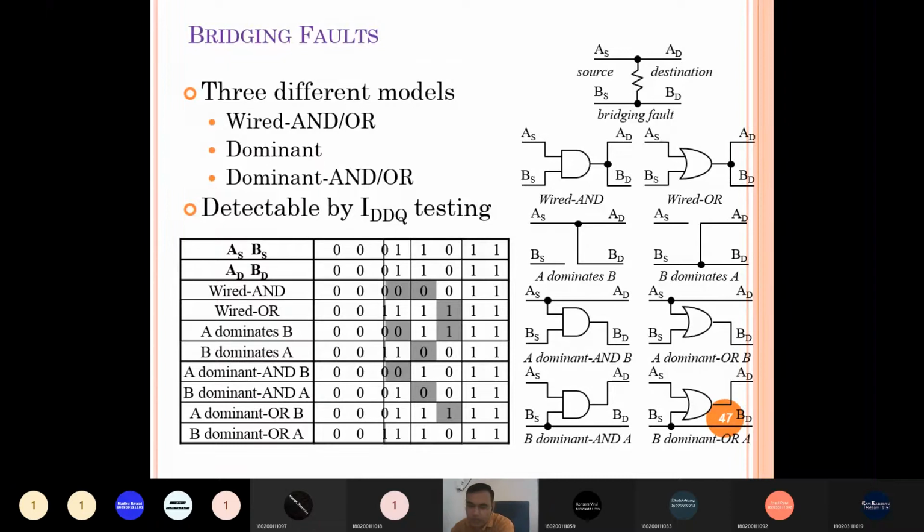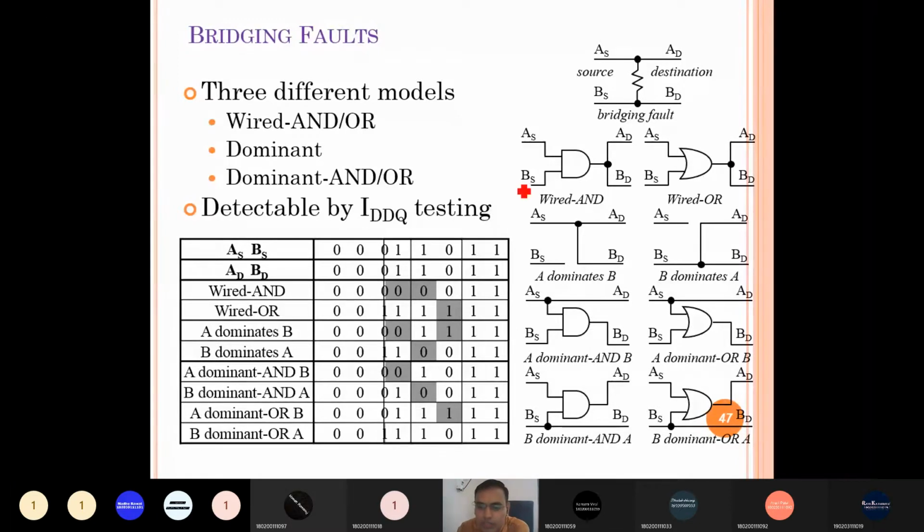And in dominant, it is either A dominant B or B dominant A. When it is A dominant B, it assigns the signal value of A to AD as well as BD.